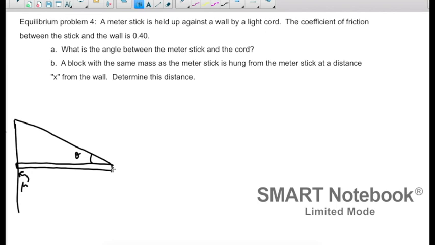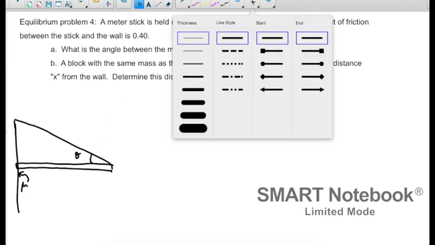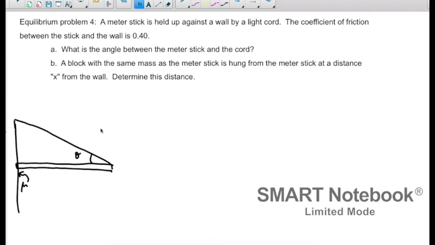Well, I know that I have equilibrium, don't I? So what I might want to do is start drawing free body diagrams for this scenario. I'm going to do that now. Notice this is what I've been doing for all these questions, is drawing free body diagrams first. So very clearly I'm going to have a force of tension right here acting on the meter stick. I'm going to have gravity pulling the meter stick down, and of course that happens at the meter stick center,